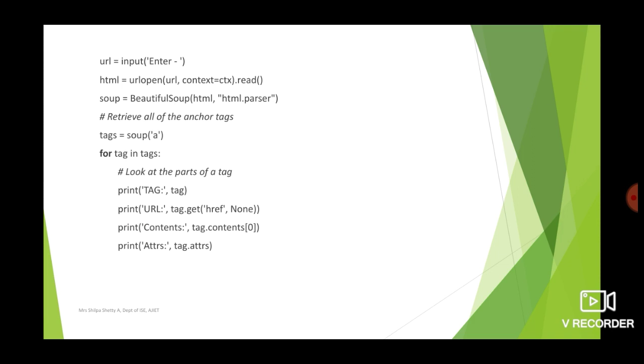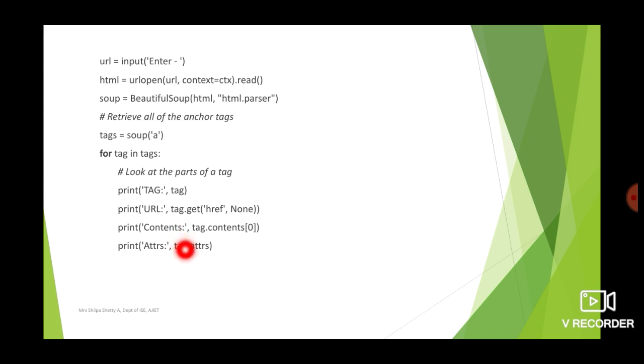So we are displaying 4 information here. The first information is the tag. This will display the complete tag here. The next one displays the URL. So where is the URL written? In the anchor tag, where you would like to go to, that is written in the href. So we are retrieving the href here. For example, www.drchuck.com/page2.html, that is this.